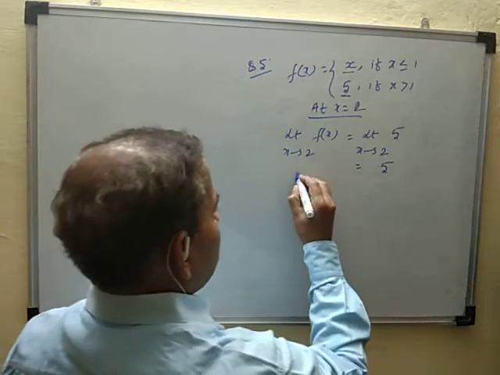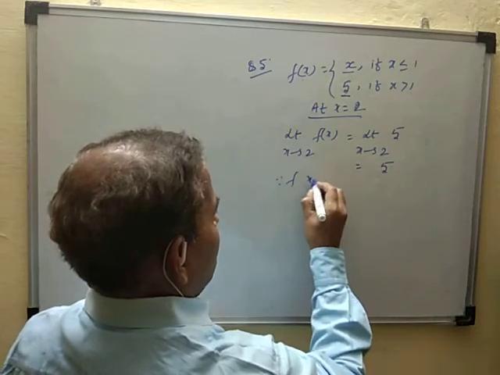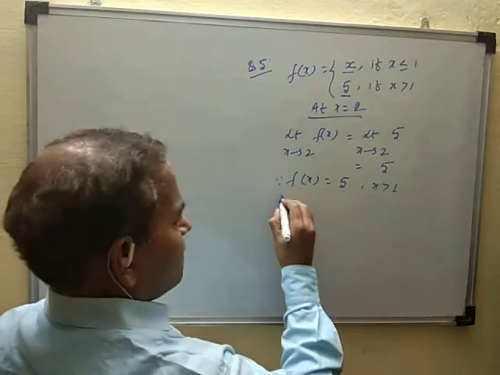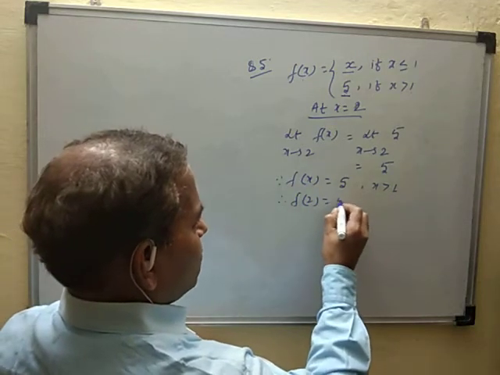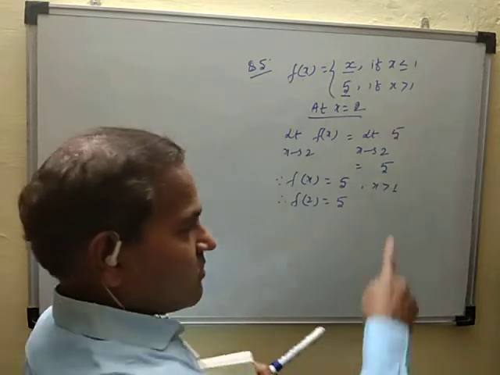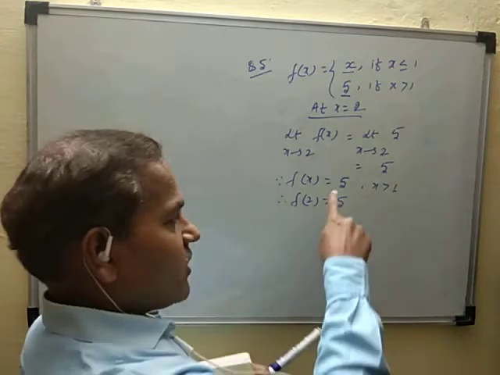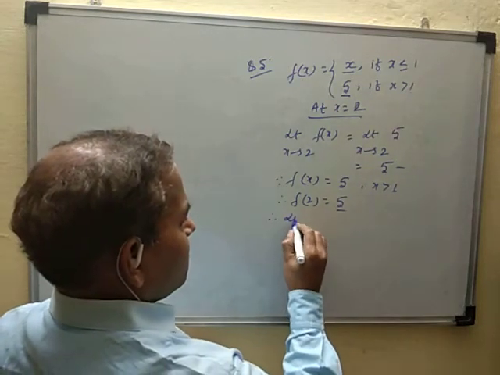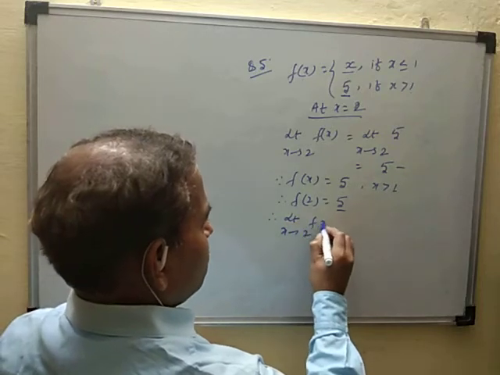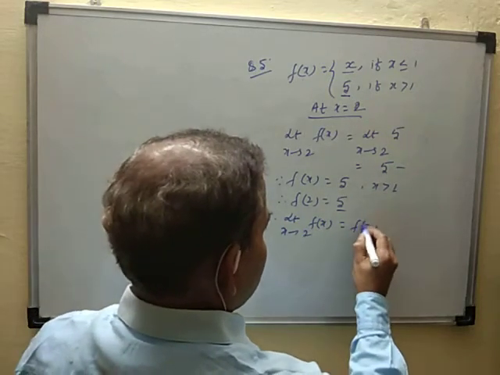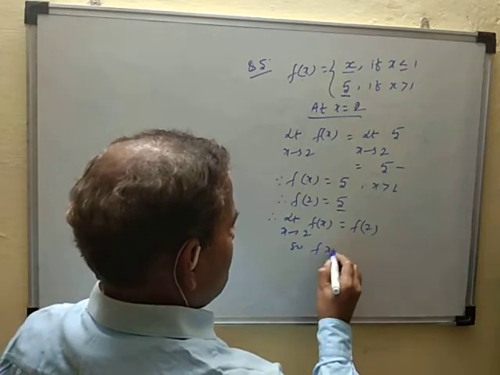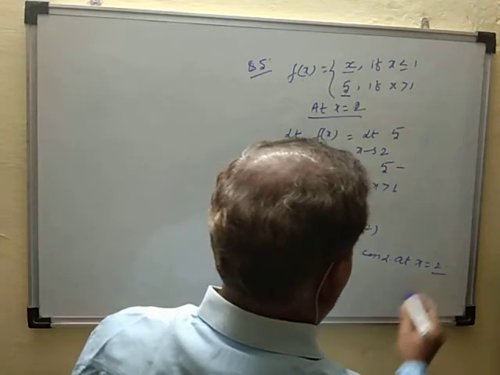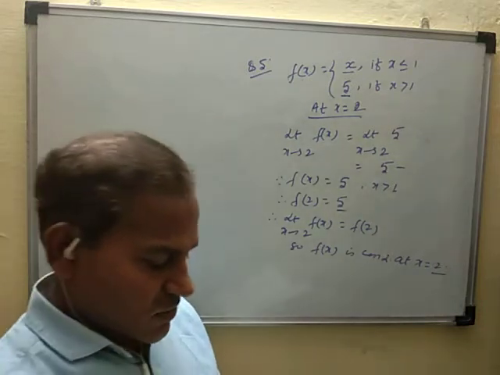Now find the point function value. Since f of x is equal to 5 for all x greater than 1, therefore f of 2 is also 5, because given x के value of greater 1 put करोगे, function value given 5. So limit value is 5, function value also 5. Therefore limit x tends to 2 f of x is equal to f of 2. So f of x is continuous at x is equal to 2. It is continuous.